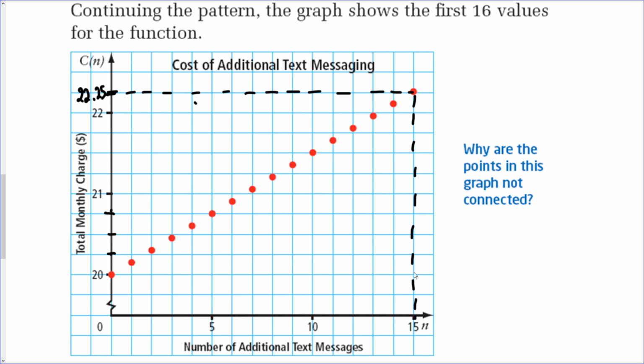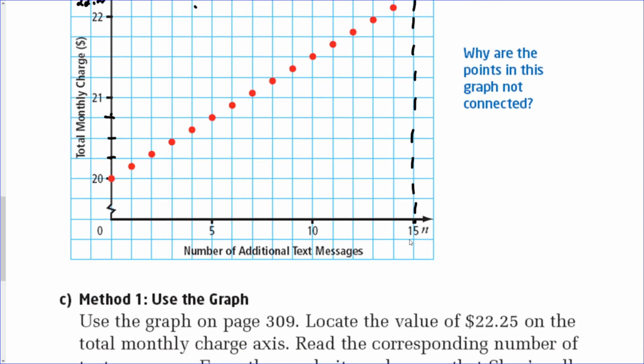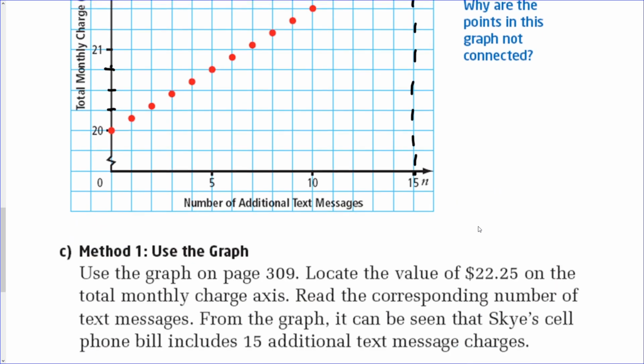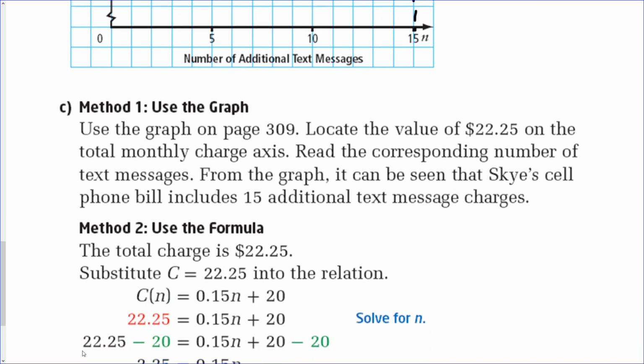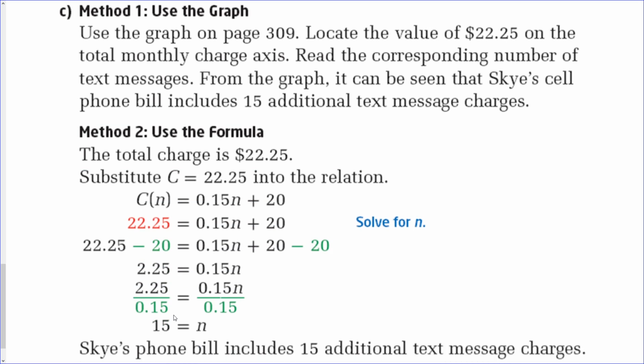The other way I could have done it is by doing something similar to what we did last time in example number 2. We could instead make an equation. So since it's already got the text here, may as well do it this way. The total charge is 22.25. So the function at n is equal to 22.25, and we're trying to figure out what n is. So I'm going to rewrite it as 22.25 is equal